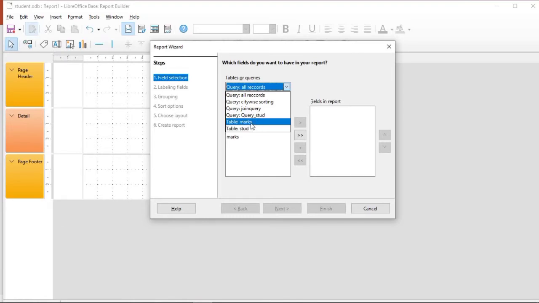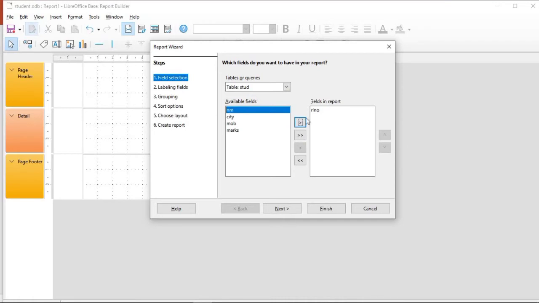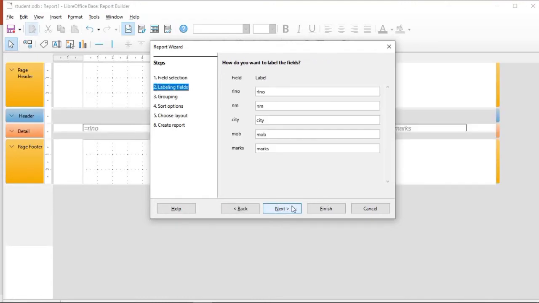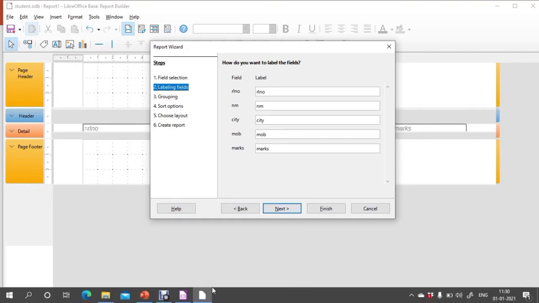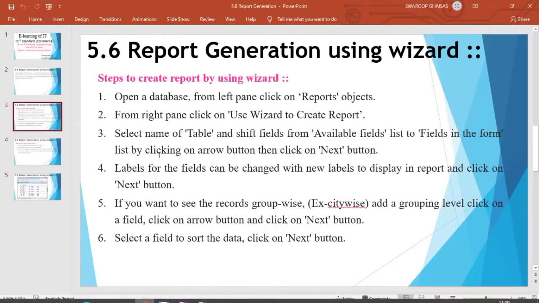Suppose we have selected the student table, then select the fields from this table that we want in the report. So we have to click on this arrow. After selecting all the fields, click on the next button. After that, the labeling fields option is available, that is, labels for the fields can be changed with new labels to display in the report, and click on the next button.